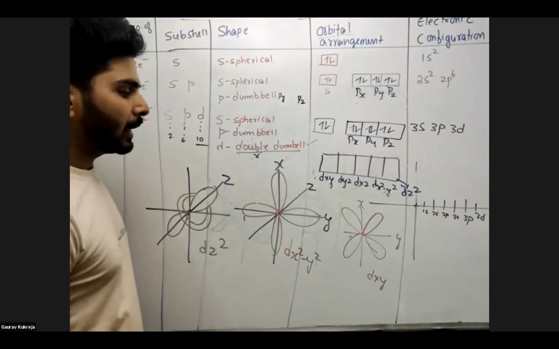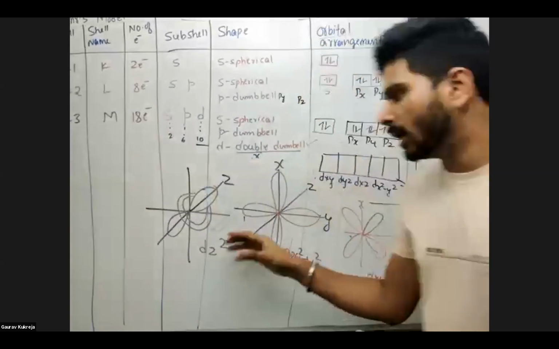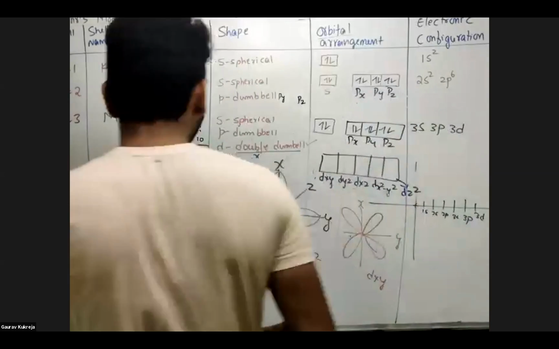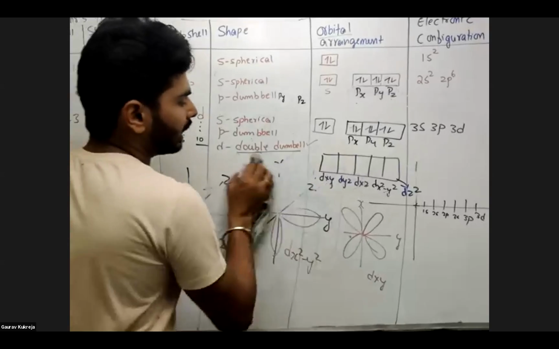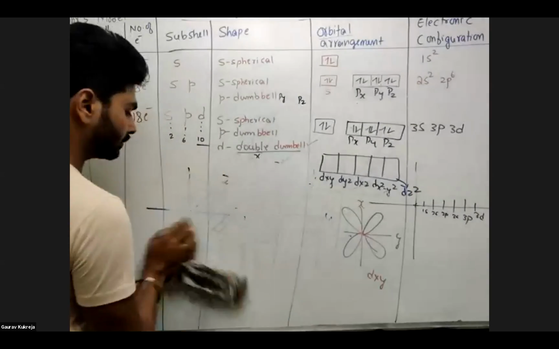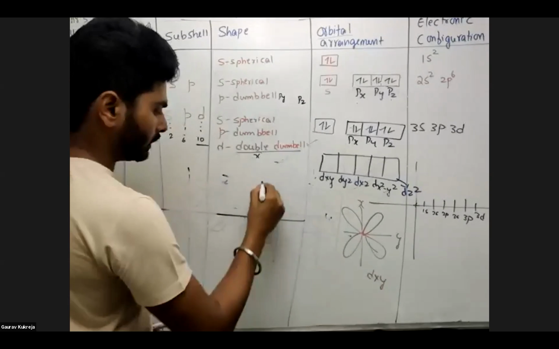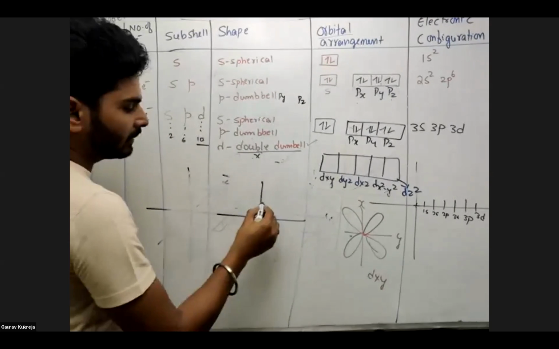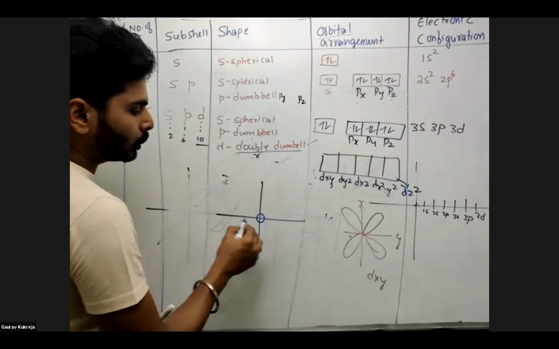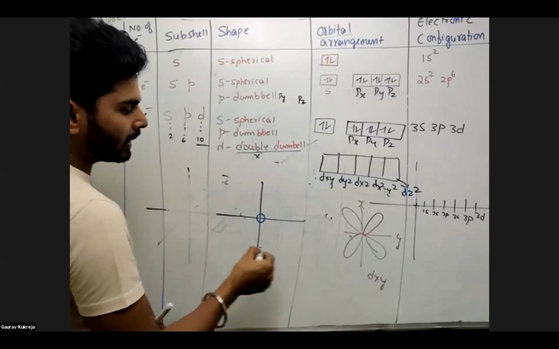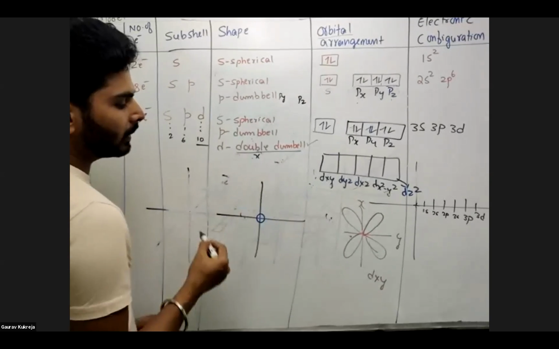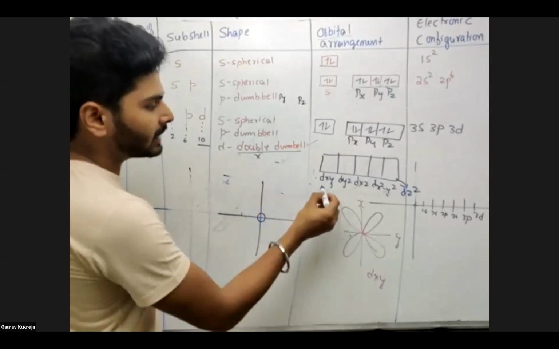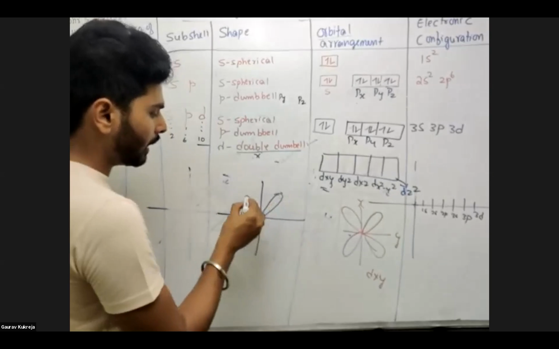That means, guys, you have to now remember, I have shown you the diagrams separately, but you have to put all of these in one single diagram, because the nucleus is at the center, after that the spherical shape of 1s, then 2s spherical shape, then 2p dumbbell shape, then 3s spherical shape, then 3p dumbbell shape. Thereafter comes 3d. In the case of 3d, once you consider, let us say dxy, it will be like this.